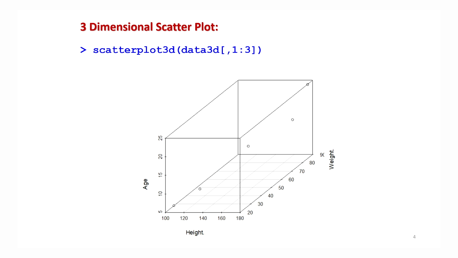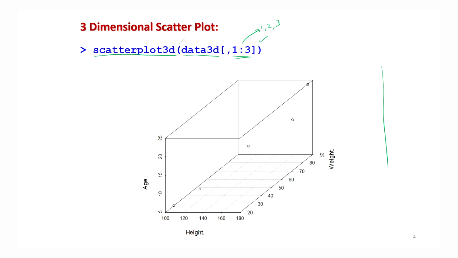Now I use the command scatterplot3d, and inside the parenthesis I use the data frame name data3D, and inside the brackets a comma and 1:3, which is actually 1, 2, 3. If you run it, you will get this type of graphic.